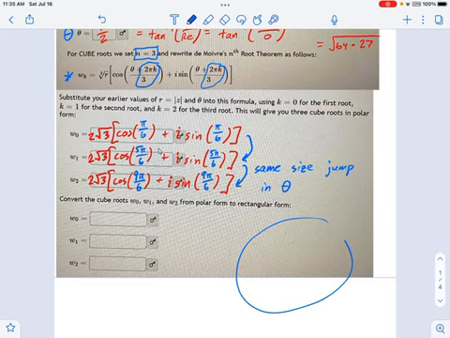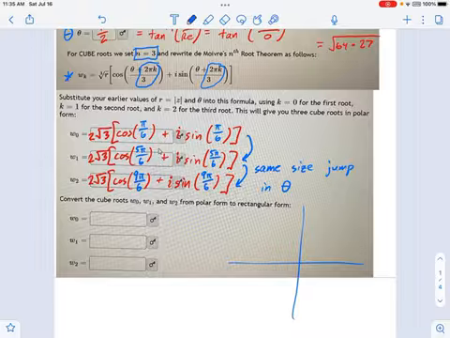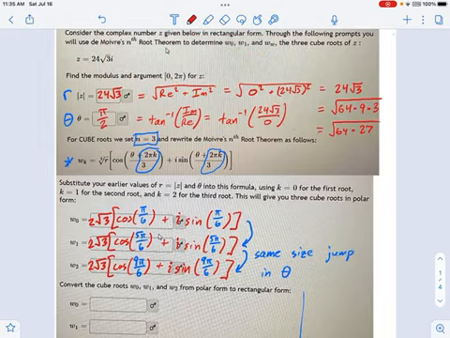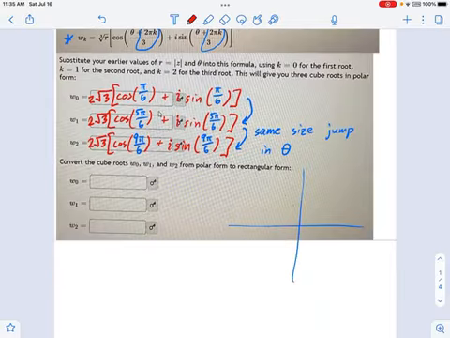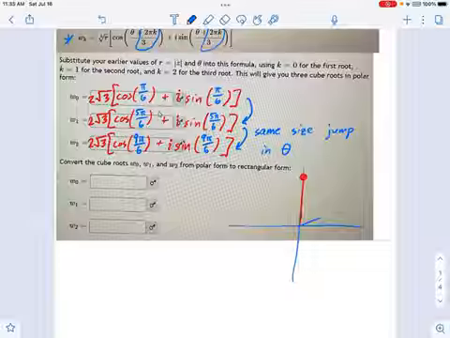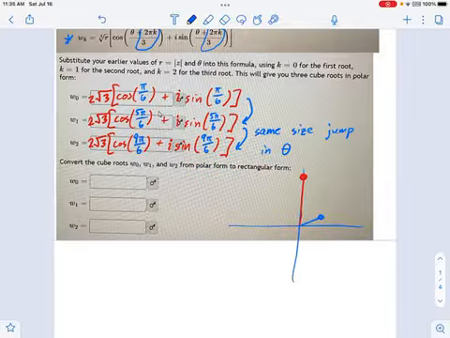So a visual way of trying to describe what I'm doing here is, I keep drawing this unit circle. I don't want a unit circle. I want to draw your original z on this graph. Okay, z, what did we have originally? It was something that looked like this. Okay, that's 24i. And then I said, okay, great, what's the first cube root of that? And we got this thing over here. We got a smaller modulus, right? And we got a pi over 6 angle. So there was my first root.